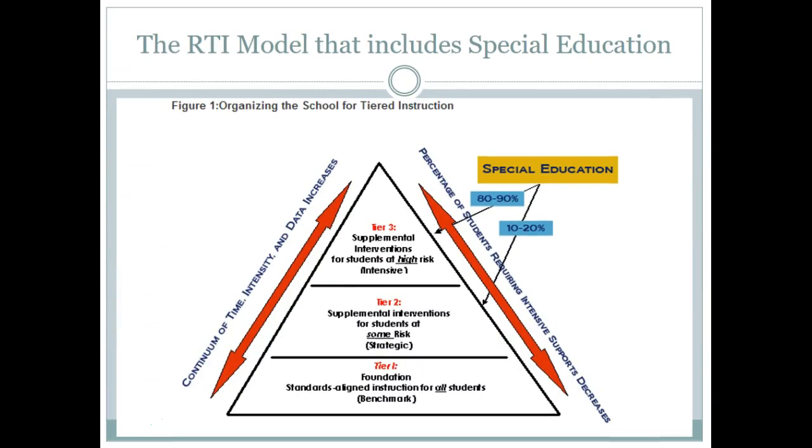So here's an RTI model taken from the RTI Network website, just to give you a visual. Hopefully you've seen a triangle like this before, but it reminds us that here at Tier 1 is all students. This is where students are being seen in the classroom by their classroom teacher. And let's say that Tier 1 instruction is not effective, then we can provide some supplemental interventions, which really should only be